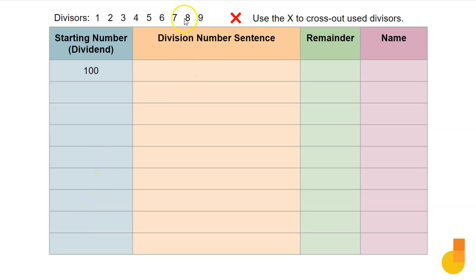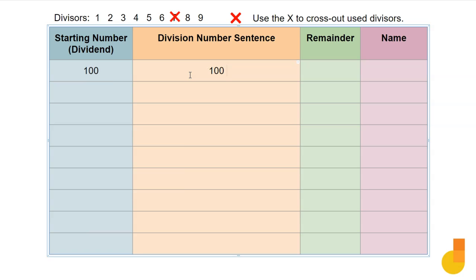For example, you might choose 7. Use the X to cross out the used divisor. Then, write the division number sentence using the first column as the dividend. In this case, it would be 100 divided by, you can either use the slash symbol for division, or if